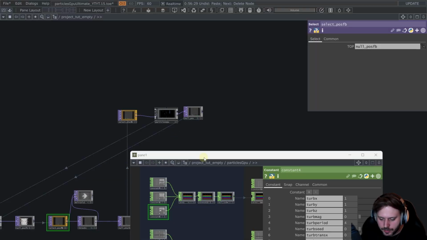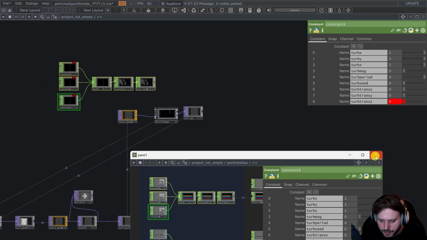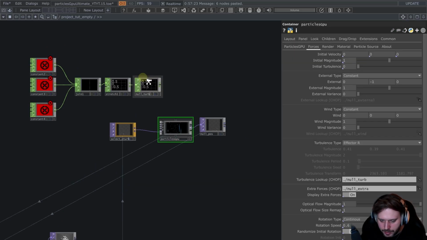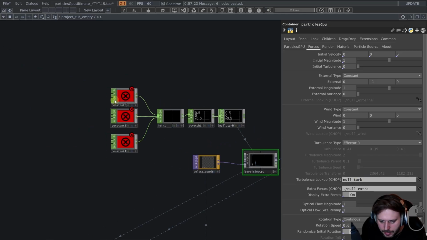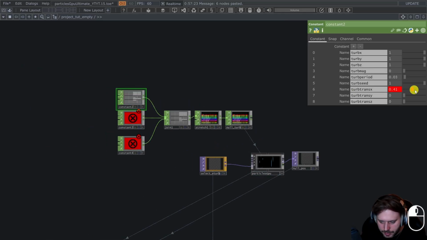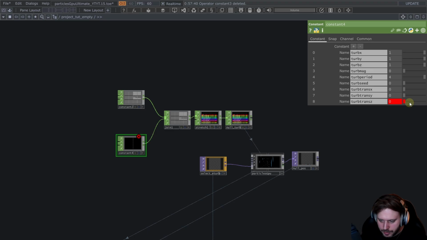Now let's actually understand what's going on with this lookup. Let's copy and paste these outside. And we can close this now. We can reference this job here for our turbulence lookup. And let's get rid of these errors here. I'm actually going to get rid of this middle constant, because I just want to look up between two values